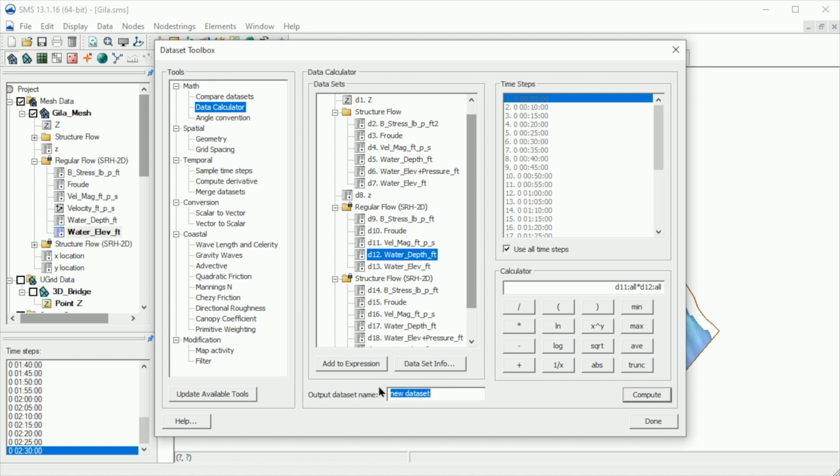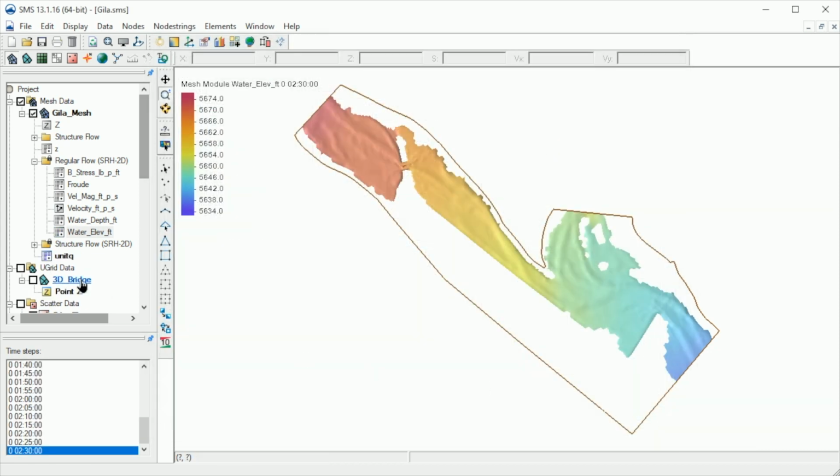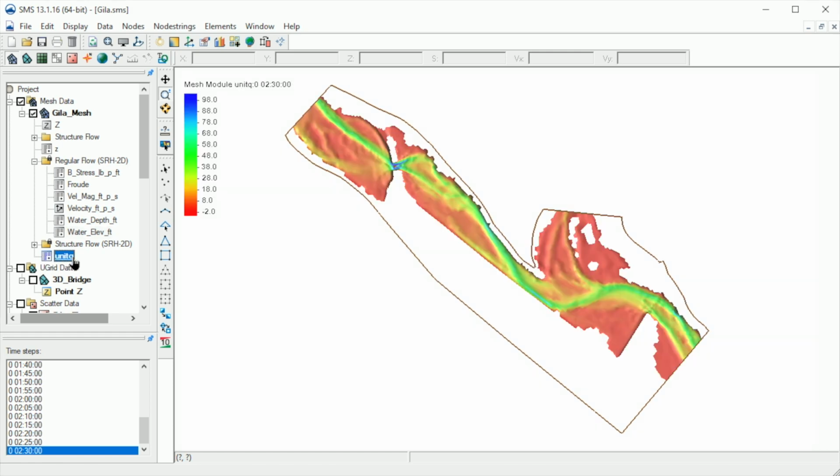We'll name this new dataset Unit Q. Note the new dataset in the mesh data. The Dataset Toolbox also has tools for comparing datasets, filtering, and so on.